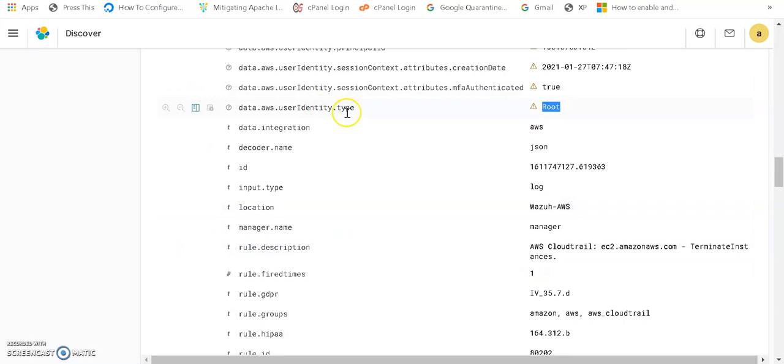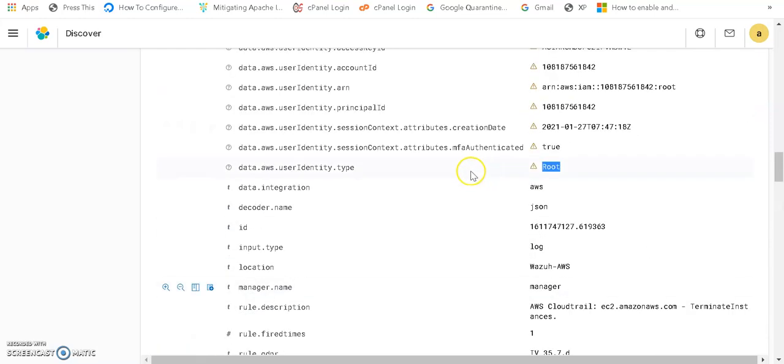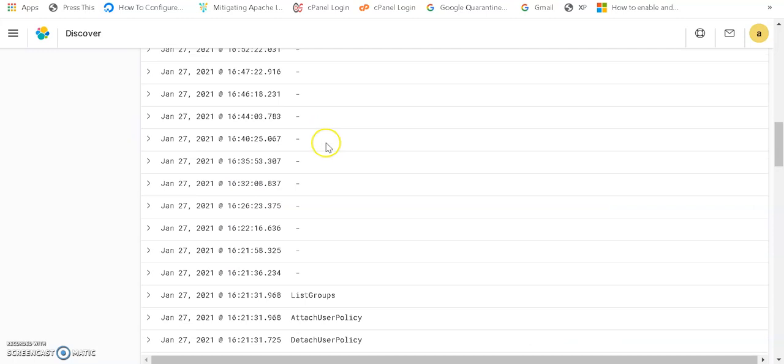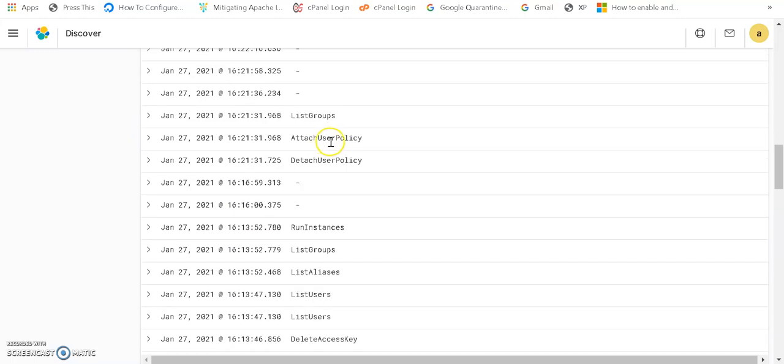If you are using your IAM login, then you will get your IAM ID. So all these things will be captured. Here you can see there are different events, and you can use these logs to create your Kibana dashboards, and have a complete view of what is happening with your AWS infrastructure. That is very helpful.